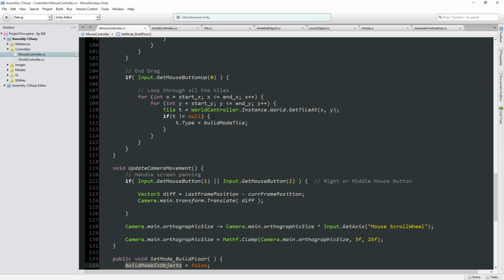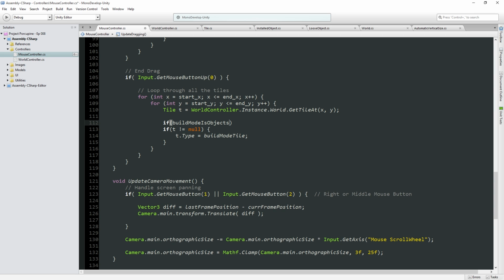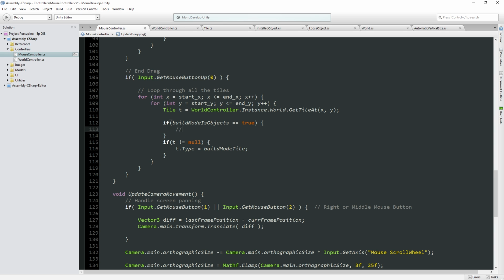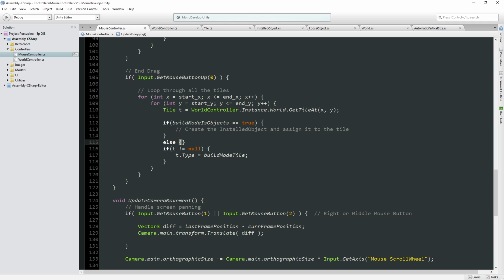The only thing that's going to change for so far is when we end the drag, that's when we set the tiles. But instead of setting a tile type, if build mode is objects, I'll make it explicit. Don't need this equal true, but let's make it quick. We're going to create the installed object and assign it to the tile. Else,